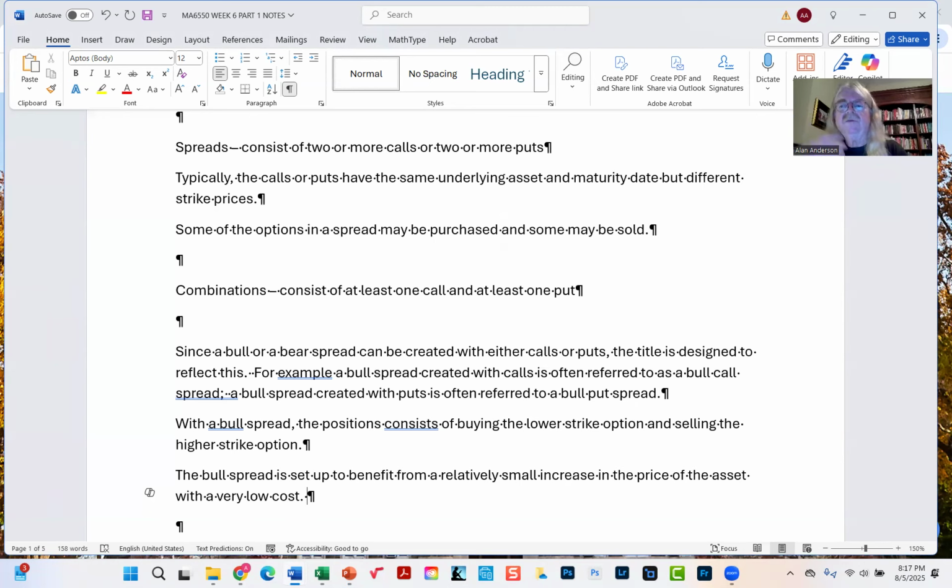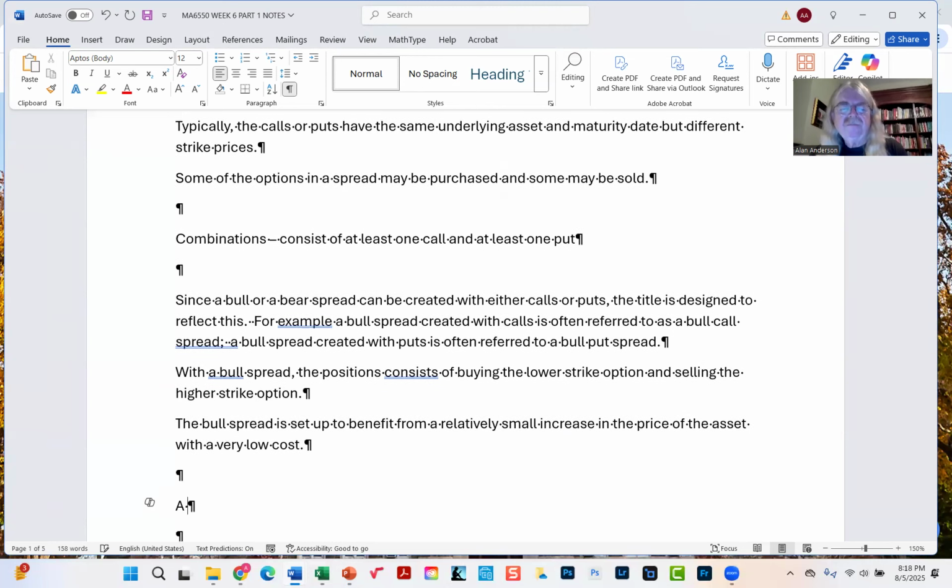And of course, when we say where is it going, we mean by the maturity date of these options, which is usually very close. In other words, if these options mature in a few weeks, well, really, we're thinking not in terms of the long run, but where the stock is likely to go in the next few weeks. That's really what we're betting on. So anyway, yes. So we think this is a bullish position, meaning we're somewhat optimistic about the future direction of the stock. But the bear spread